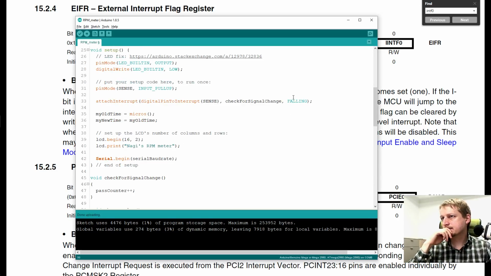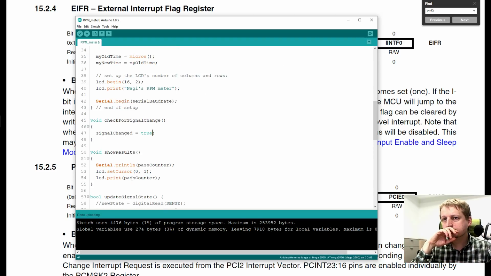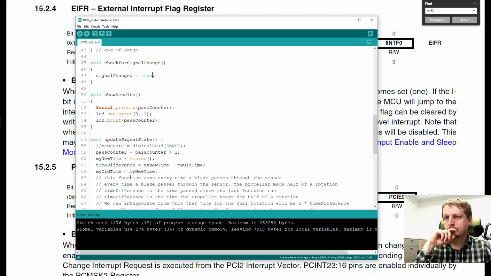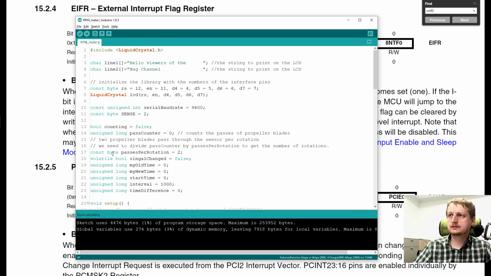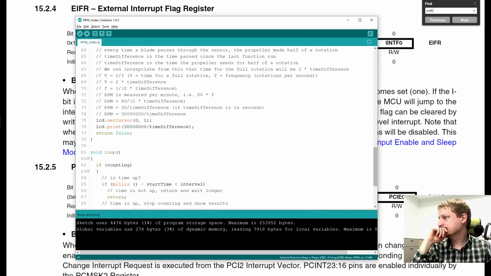Check for signal change. And we have signal changed equals true. And then we have pass counter equals pass counter + 1, new time, that is that, and